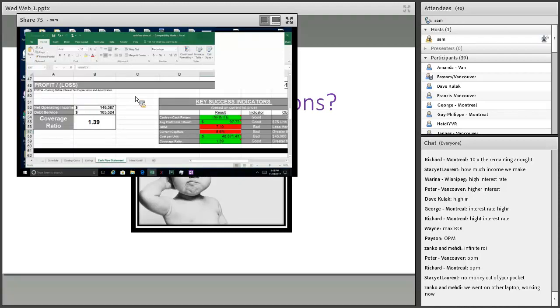Wealthy people take less risk, not more. This is a fallacy. People tell you, you've got to take more risk. No, we don't need to take more risk. We need to take low risk and find a way to increase the return. And the way we do that is through leverage.